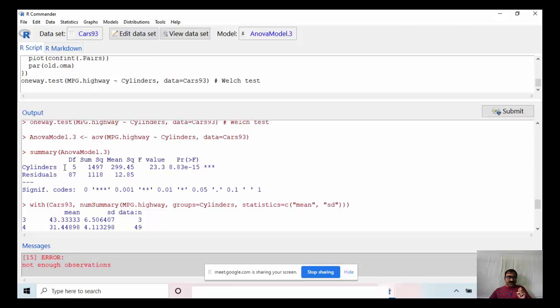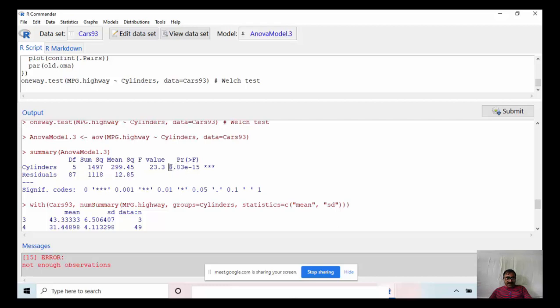The number of cylinder types is 6, so degree of freedom for the cylinders is 5, residual 87. Sum of squares per cylinder is this, residuals 1118, mean square, F value 23.3, probability of F greater than this calculated value is this.